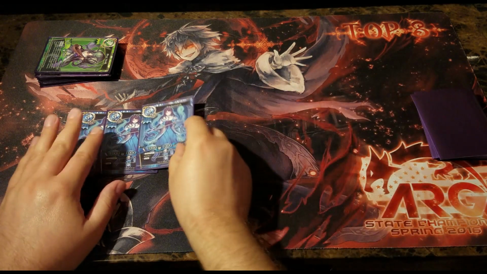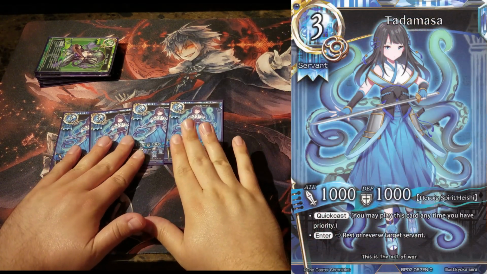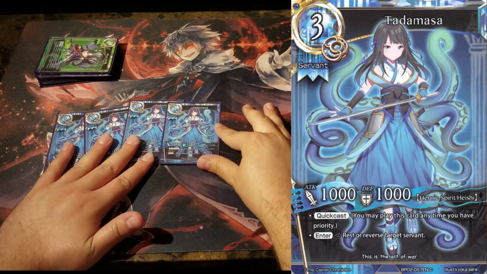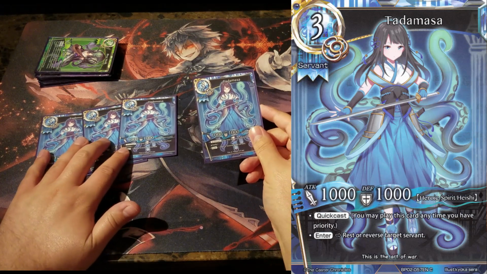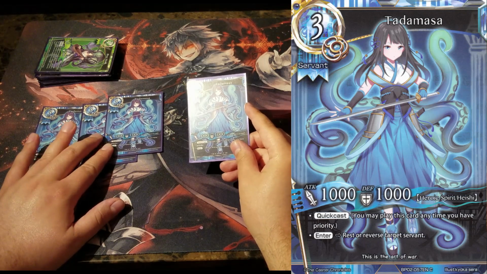Up next, we have Tadamasa. 4 of them. Tadamasa is the most fun servant in the game, I think. She's so much fun in the fact that she has quick cast. So she's always live as long as you have the mana for her. You can just get so many nutty plays off with this card